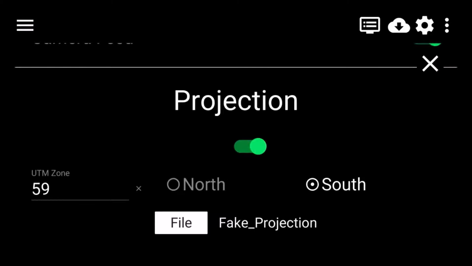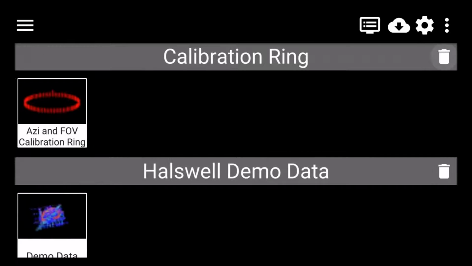And once it's set, it's a set it and forget it, so I don't really have to deal with this again. As long as I'm going to be on the same site using the same projection, I can just leave this up and running and don't have to deal with it again. So I can just X out of this panel, and then I'm ready to load up whatever data is using that projection and won't have an issue.